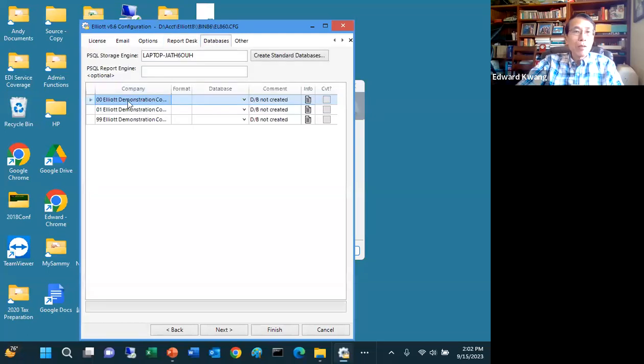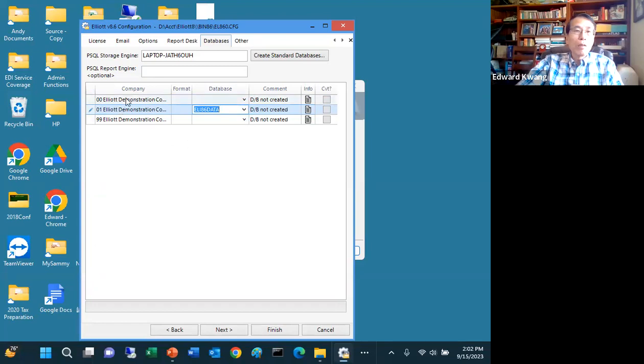Database tab. Now this is important. Let's say I want to run my relational features, which are Report Desk and Power Search. I need to indicate what is the database for that particular data folder. So I will click the drop-down here, and as you can see I have Elia 6 data. That's the one I'm going to use.